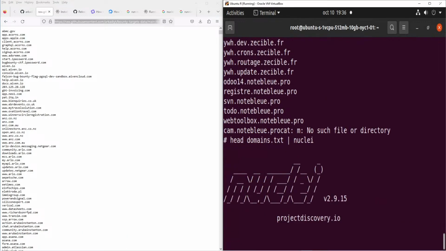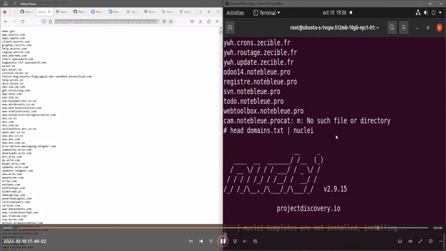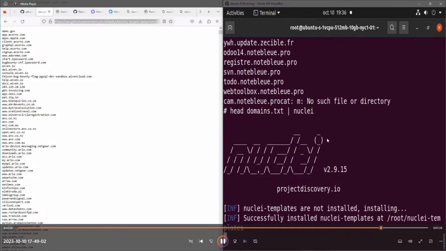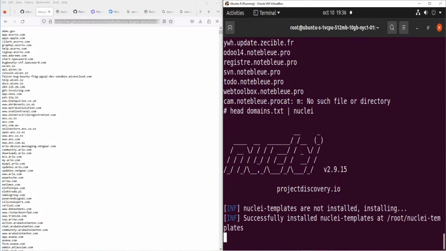I'm going to run the head command, and then nuclei. So what this does, takes the first 10 lines and runs it with the default options. That means most of the templates, not some of the dangerous ones which are ignored. Anyway,